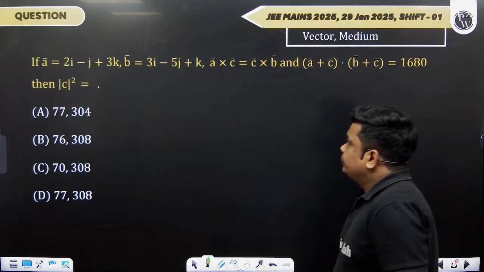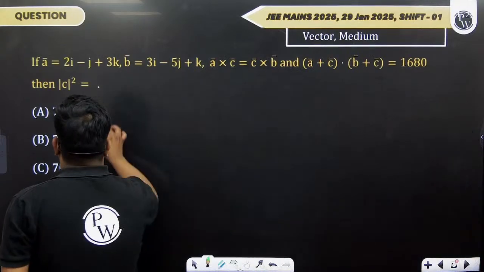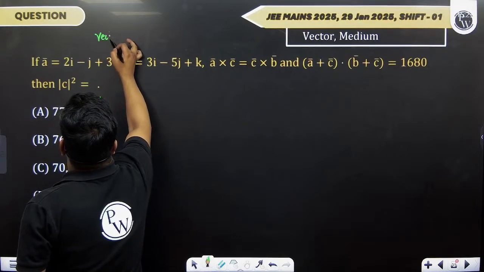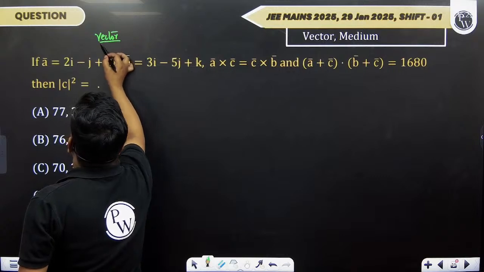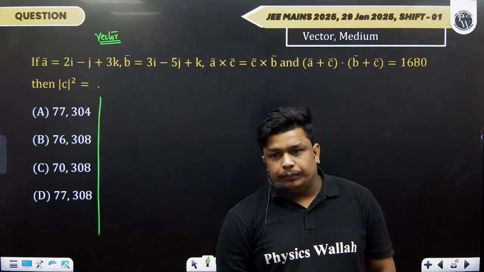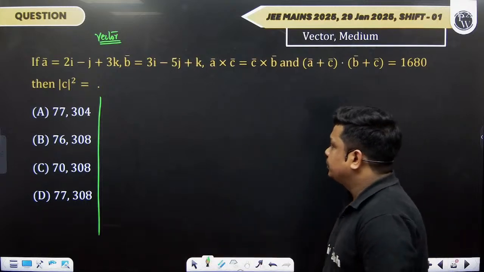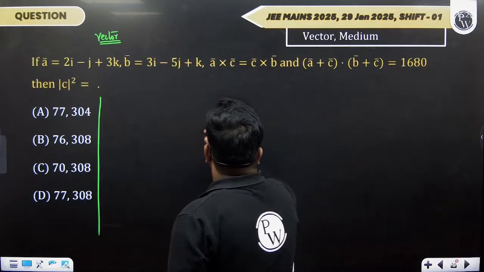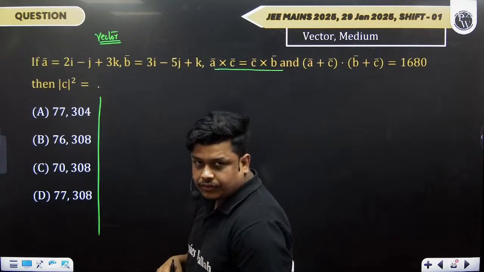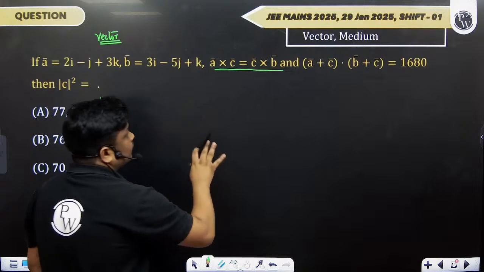Now this one is a question from vector, which we are seeing, that this year they are asking a question from area under curve, vector, 3D. These are the topics they are 100% asking a question from. Now this question is again a very good question where you have to understand something first and then solve it. It's not blindly solving the question.